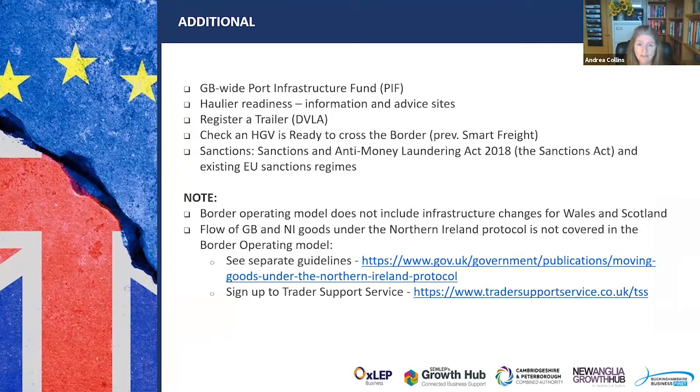The check-in HGV is ready to cross the border. That was previously referred to in July as the smart freight system. Essentially, there's another step put into the process where every HGV that crosses the border is going to be required to log certain information about the goods that they're carrying and about the truck itself. And based on the information that's entered, that web-based system will prompt them to make sure that they've